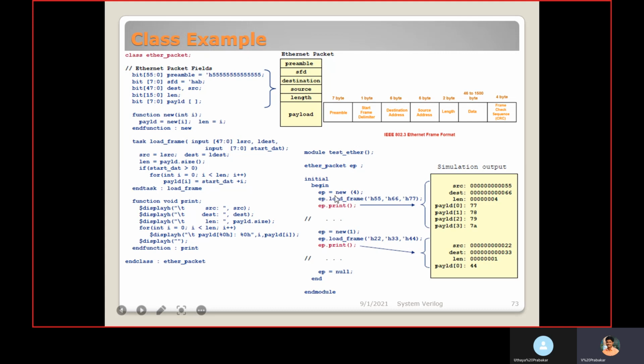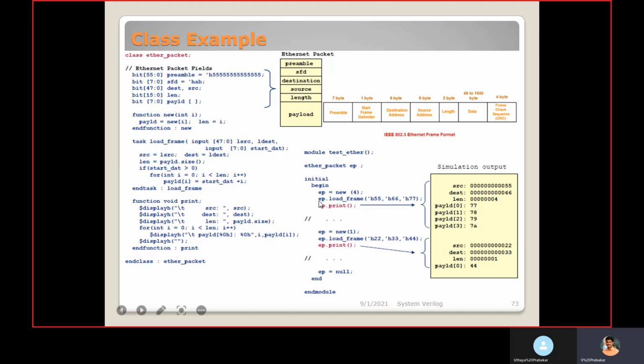So when I call new, along with this I am passing value 4, that is assigned to this i. Now the length is 4 and payload size is 4, new of 4. Then EP.load_frame. Load_frame is nothing but this task name.